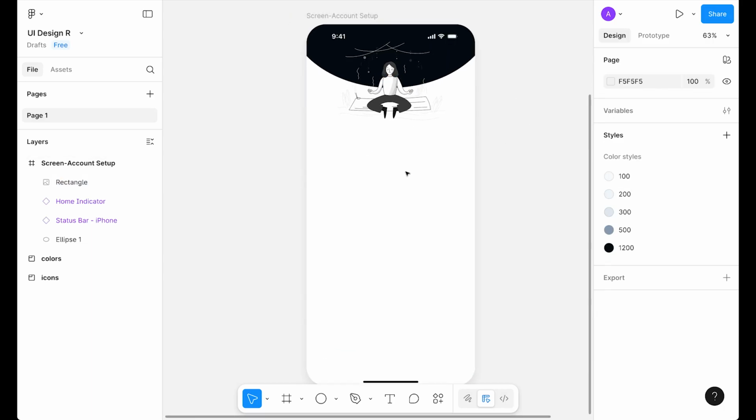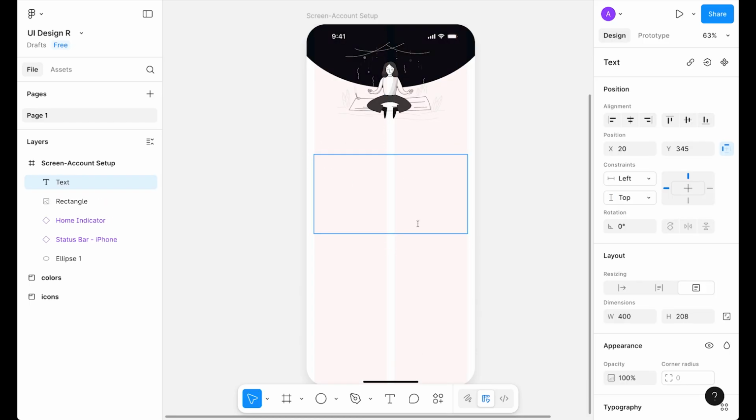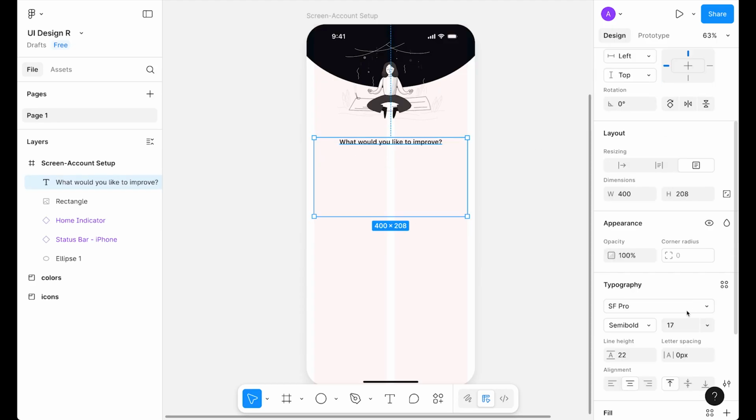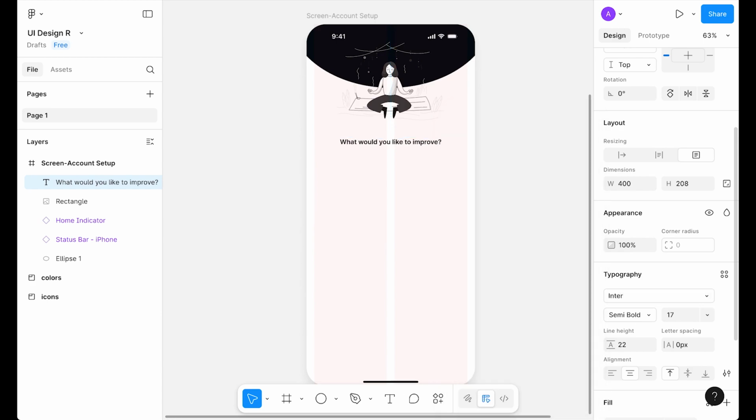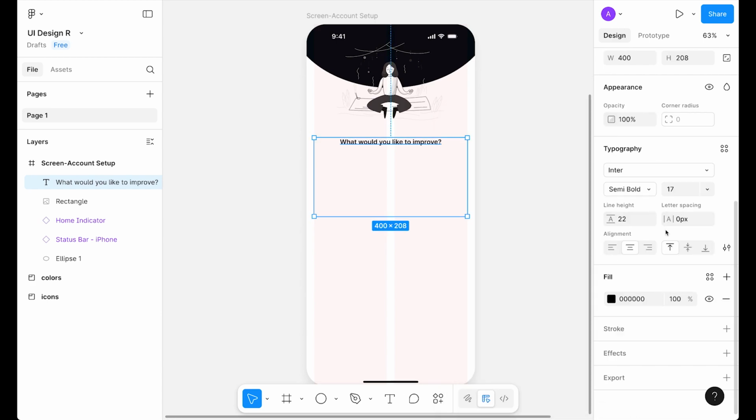And now we need to turn on our guide, so press Shift G on the keyboard and select text tool. Let's type our text. What would you like to improve? So this is basically a meditation and management type application. So we are going account setup page design, and now for the typography we need to use Inter font and